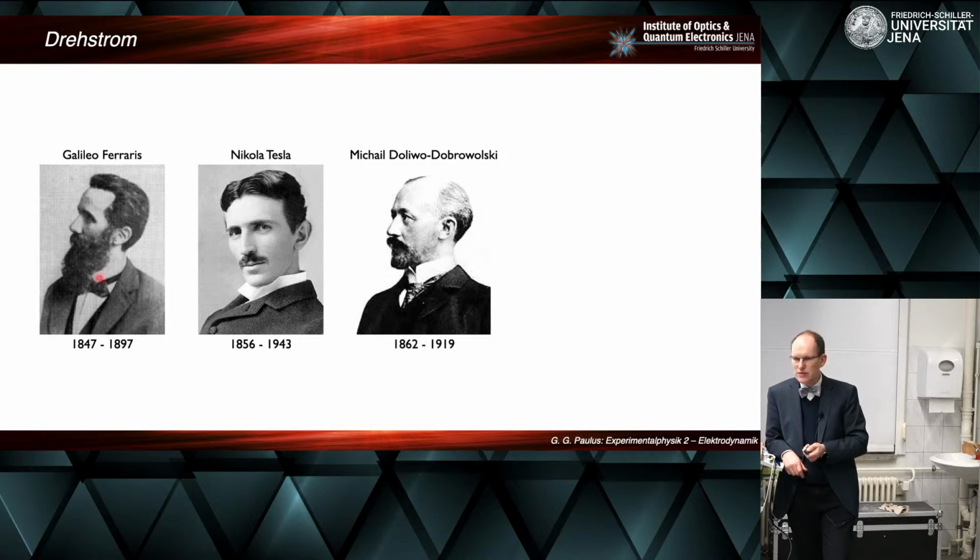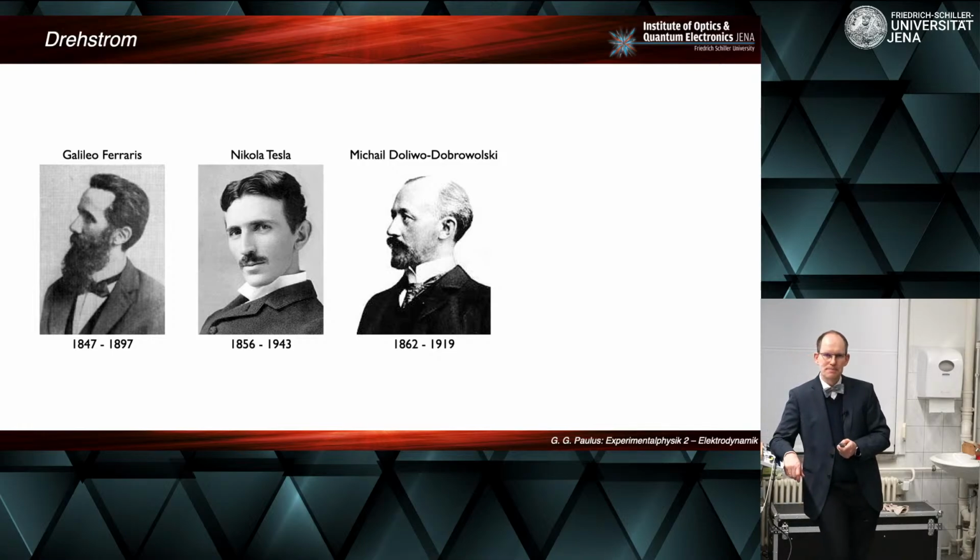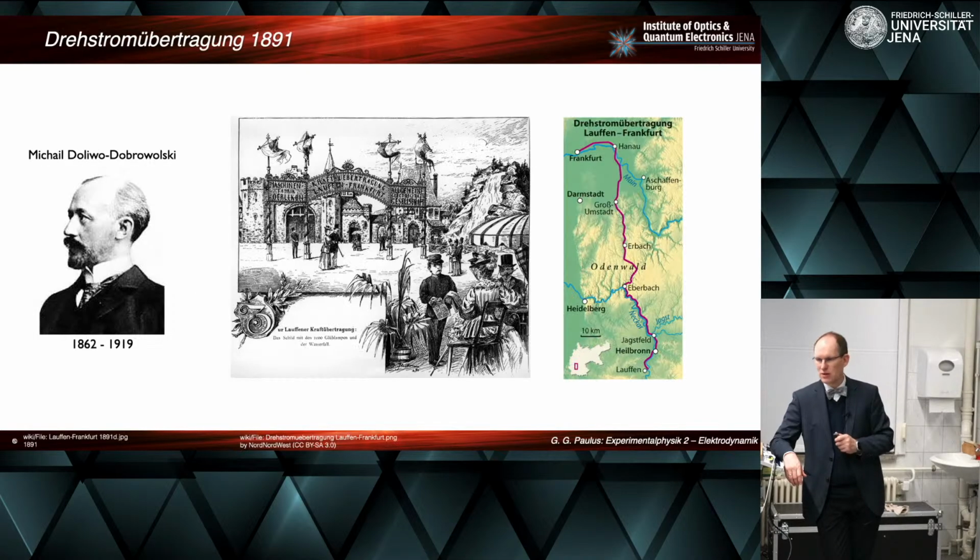Nikola Tesla, of course, everybody knows, and Mikhail Dobrovolsky, he's probably much less known, but actually a very important figure. He exiled Russia because he was liberal and the Tsar was not, maybe similar to today. And he became, I think he was with the company AEG, and was of pivotal importance in developing